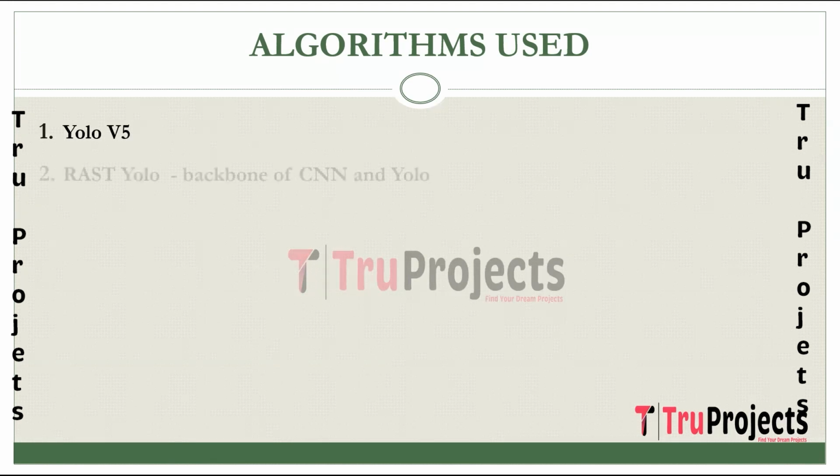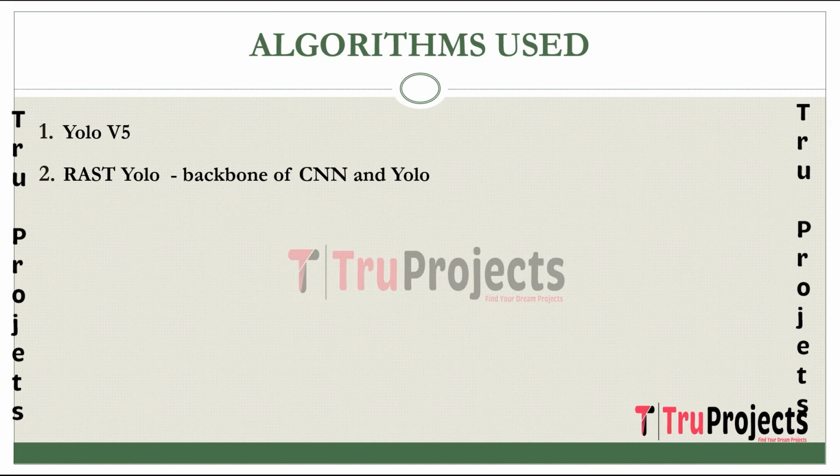complex backgrounds. The next algorithm is RAST YOLO, which is region attention and Swin transformer YOLO. It is an advanced variant of the YOLO object detection algorithm, incorporating the Swin transformer as its backbone and introducing the region attention mechanism. The Swin transformer enhances feature extraction by capturing both global and local information, allowing for effective multi-scale feature fusion. The RA mechanism specifically addresses the challenges posed by complex backgrounds in remote sensing images, improving the model's accuracy in detecting objects with varying scales. In the project, RAST YOLO is selected to enhance feature extraction capabilities and benchmarked against other algorithms for its effectiveness